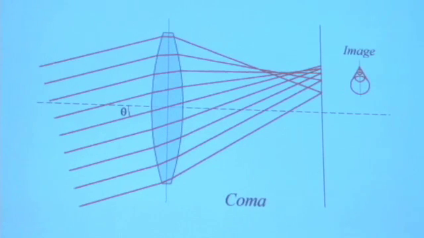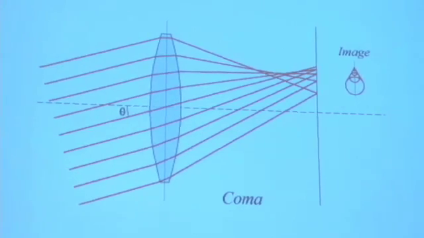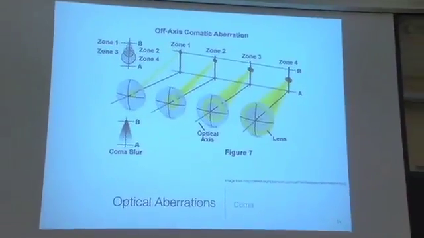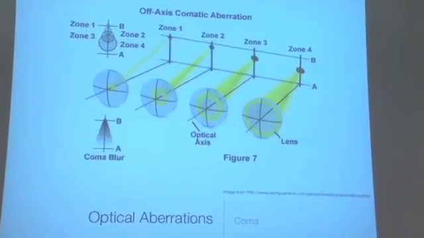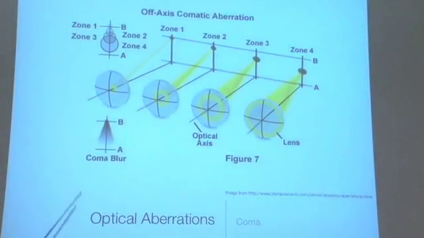It looks sort of like a comet, and for some reason they said, oh, let's get rid of the ET and put an A, and so it's called coma. Okay, so just to show you a different image of why this might happen, let's say that we have a